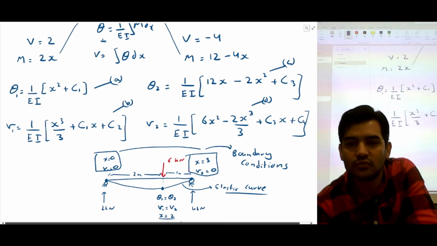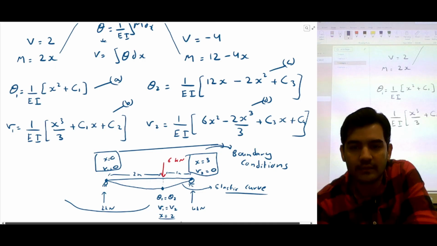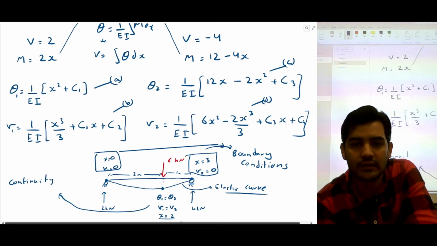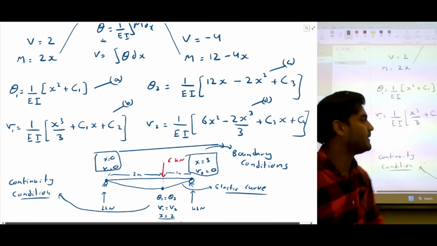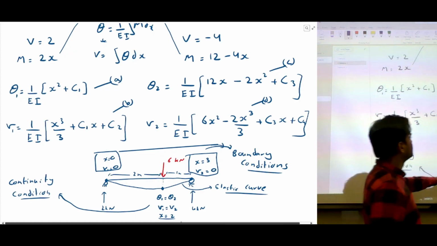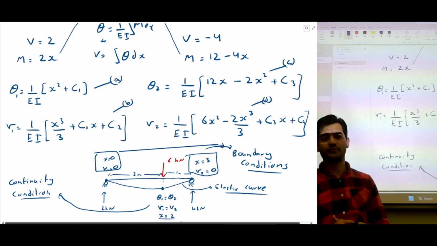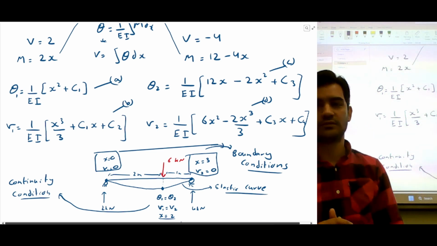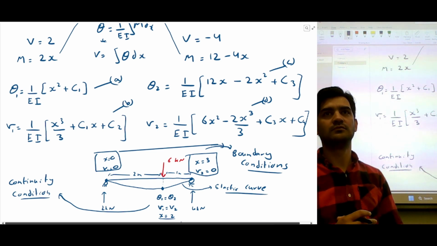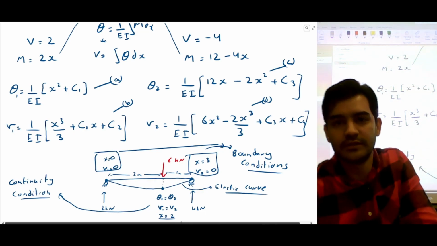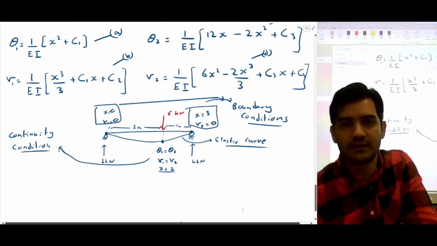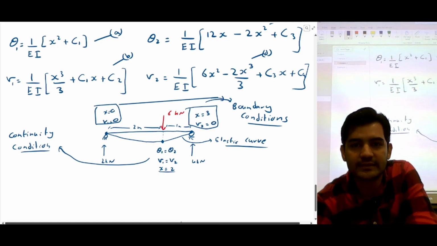Because these two equations are coming from boundary conditions, and this is called continuity condition. So basically we need these conditions to calculate C1, C2, C3, C4. So I'm going to use these boundary conditions here. So if I use x is equal to 0, I get displacement is equal to 0. So from